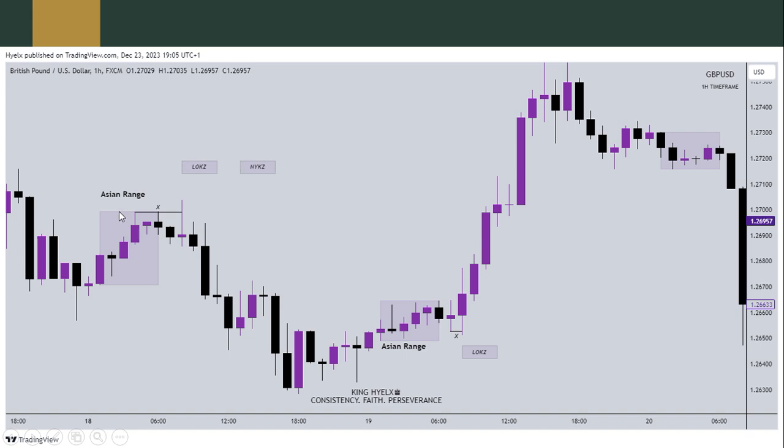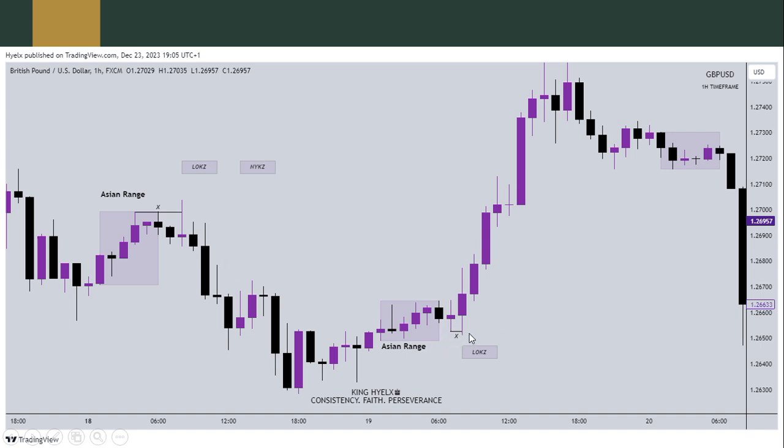During Asian range, we're expecting a consolidation of price and accumulation of orders above, right? Then during London Kill Zone, we're expecting what? A manipulation, right, which could form the high of the day or low of the day above the Asian range, or below the Asian range. Then we expect it to now distribute in the true daily direction. New York Kill Zone could be a continuation in distribution, a retracement and continuation in distribution, or a complete reversal. So these are some examples.